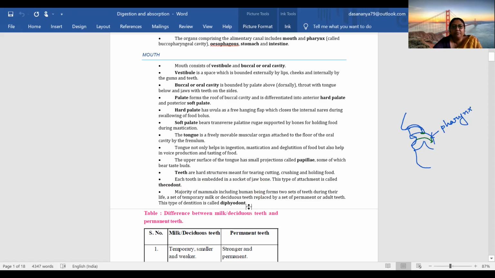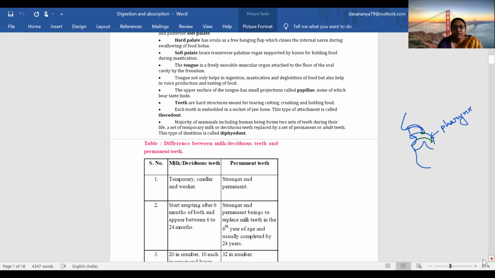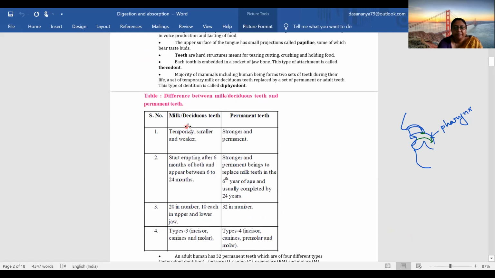Okay. Apart from that, all of us have teeth two times. You know, milk teeth. बच्चे जब 5-6 साल के 7 साल की उम्र के होते हैं, the teeth with which they were born go, and the new teeth will come, and then with old age again we will lose the teeth. So in this case, it is observed that we have teeth 2 times. That's why we are called diphyodont. Okay, diphyodont. Now, what are the different types of teeth?